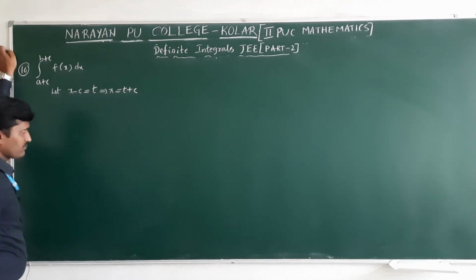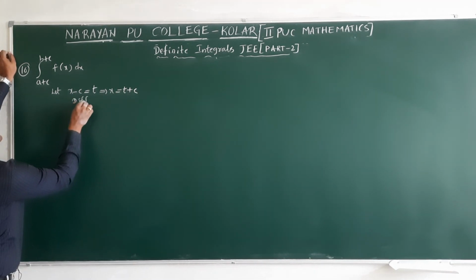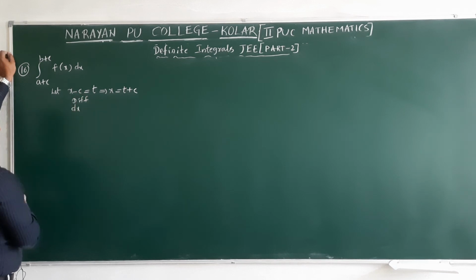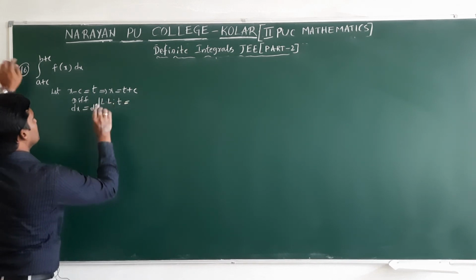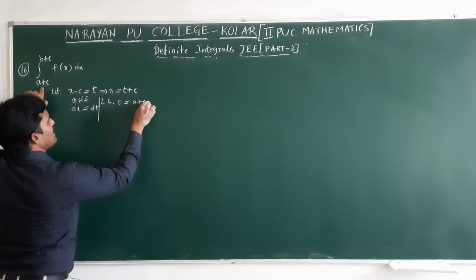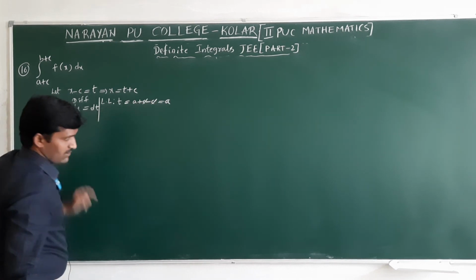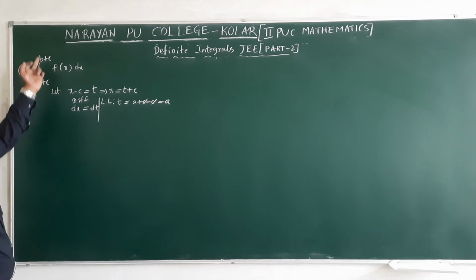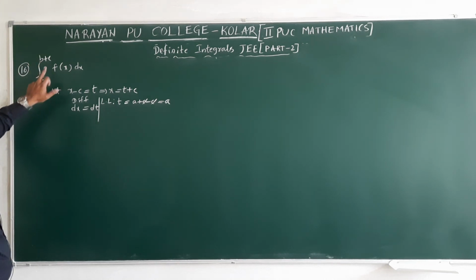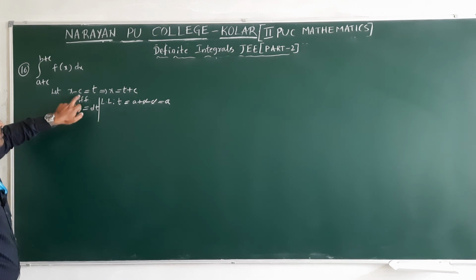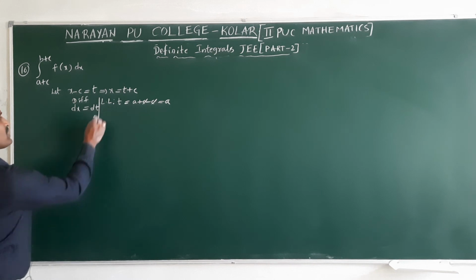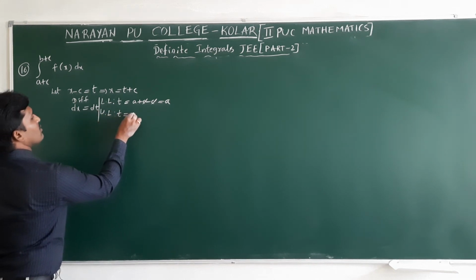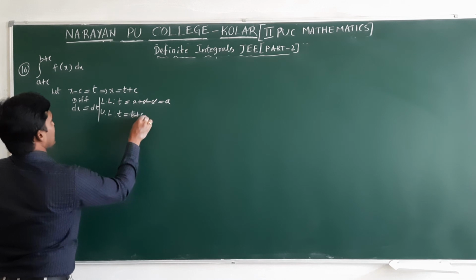To simplify these values, x value, what will we get? t plus c. Differentiate this: dx, 1 dx we will get, c derivative 0, equal to dt. Now change the limits. Lower limit t equal to x value, what is the lower limit? a plus c minus c, c cancels, get a. Again if you take x plus c, we won't get the simplified value. The logic is very clear. Here plus is there, we need to write minus in the function. Here minus is there, we need to write plus. Upper limit t equal to b plus c minus c, that is b.